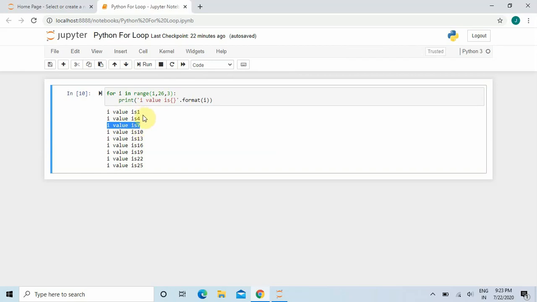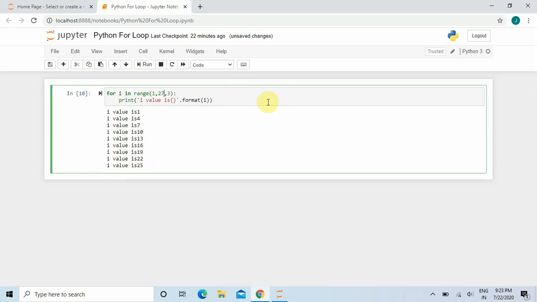So it will go on like this, and it will be printed up to 25 here, because after incrementing 22 by 3, it is giving 25. So it is just matching with our case. Now suppose what will happen if I enter here 27.